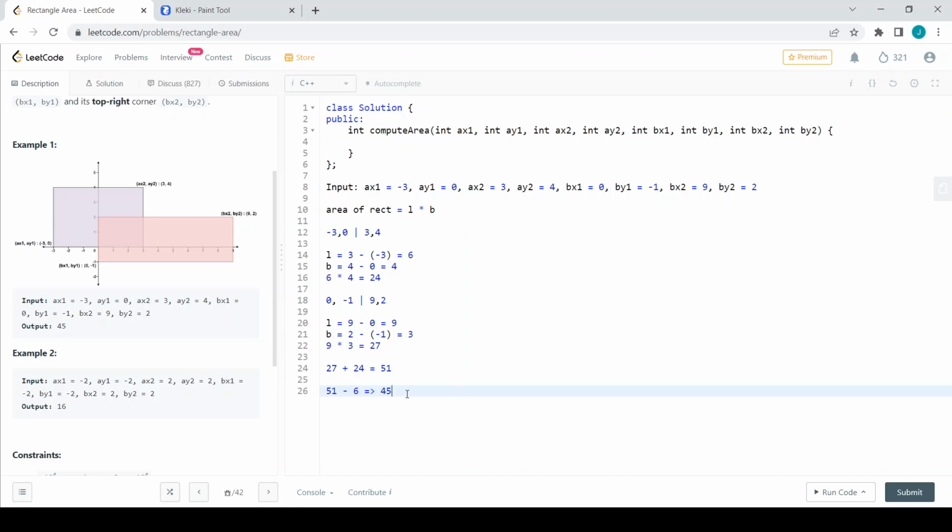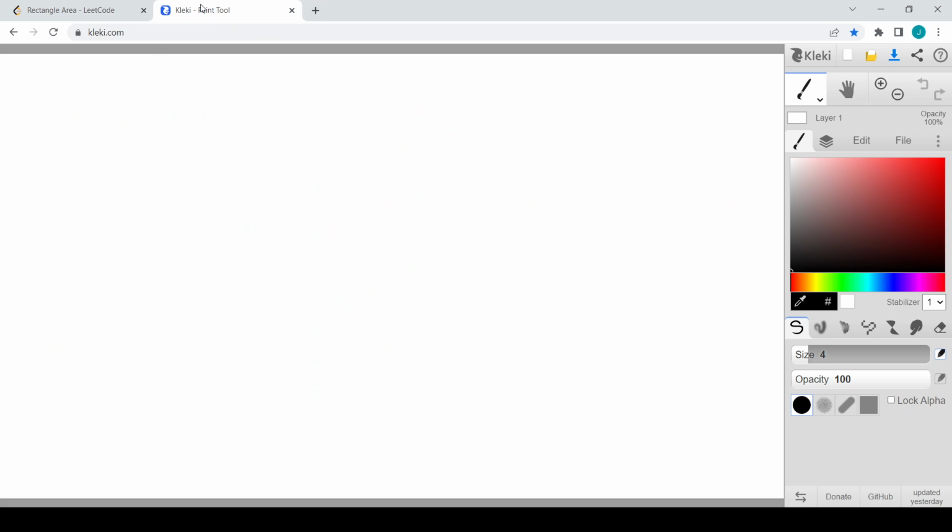So consider we are having this rectangle. The key part of this problem is to find the overlap region. How are we going to find the overlap region? Let us try to take some examples. If we are having a coordinate, if there is a rectangle